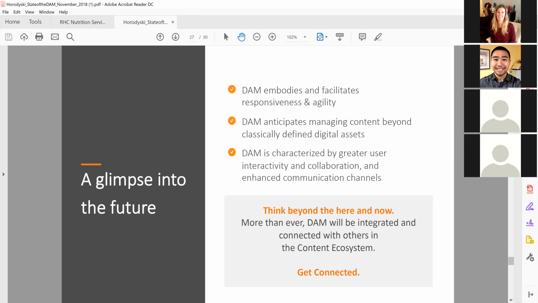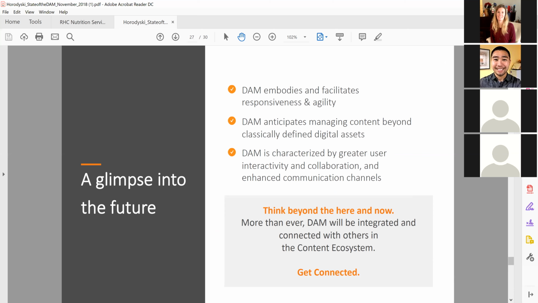Now, DAM brings with it a lot of responsibility for how an organization will manage those assets effectively and efficiently. And DAM, as a single source of truth in the organization, will help you quantify as well as qualify the value of those assets through discovery, use and reuse in all those daily operations, whether it's in marketing or business. DAM will help you with that. And again, DAM as an implementation, as a piece of technology, it's more than that. It's about the people, and it's about the process, and it's all about having that good strategy for you.